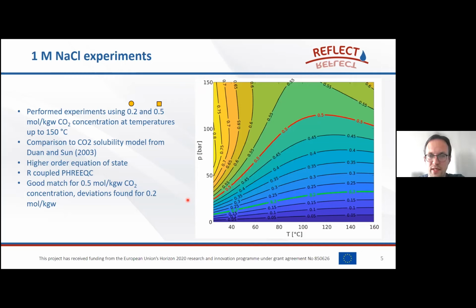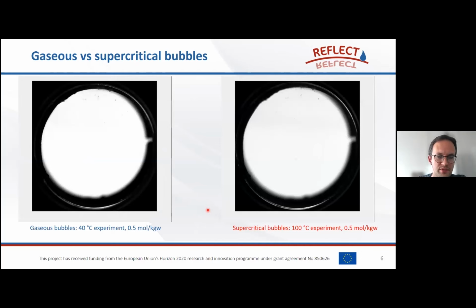And if I then plot my points for where I'm expecting my first free gas CO2 bubble, I find that for our higher concentration, 0.5 mole per kilogram of water, we can get a fairly accurate match with this model. But for the lower concentration, the fit is much worse. And one thing of note is that